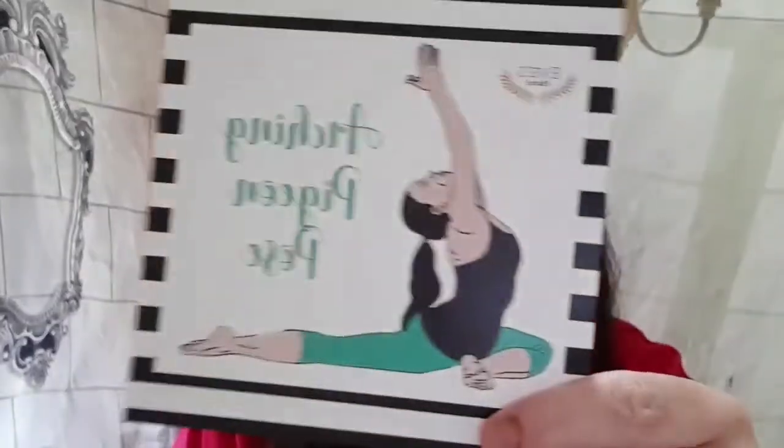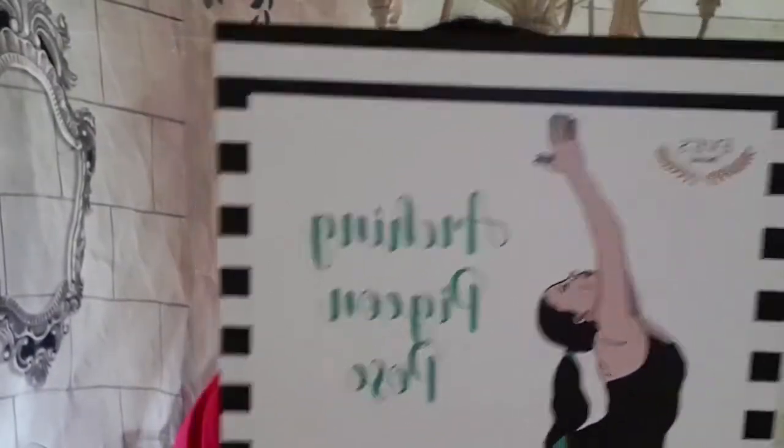Oh, I've got one of these lovely quotes as well. I love these in my bedroom. Arching pigeon pose. That's going on my wall because I just like them. I don't know why, but I do like yoga. Yoga move of the month. This month's move of the month is the arching pigeon pose. Not penguin. I was thinking of chocolate bars. That's what I think of when you hear penguin, but there is an animal called penguin